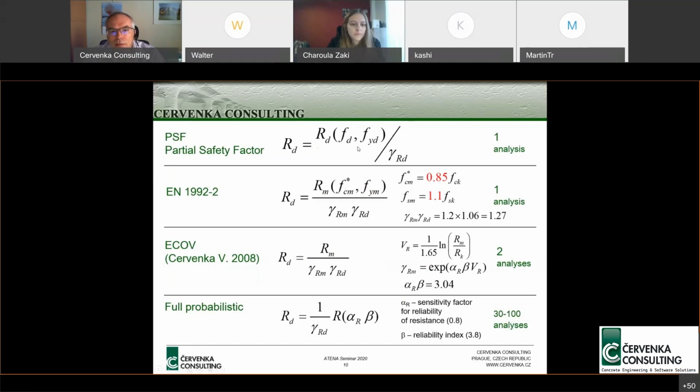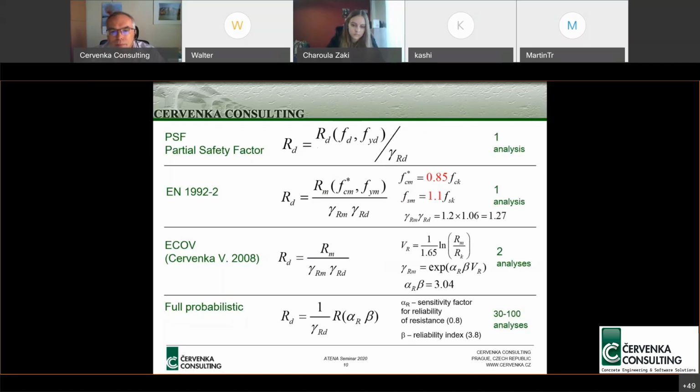But this will provide the design strength only considering the material uncertainty. But we also have to think about the model uncertainty, so we need to introduce another safety factor for that. I will come to the model uncertainty later on. Because, of course, we have to understand that some model uncertainty nowadays is already embedded in the gamma C for concrete, or gamma S for steel, in the safety factors for concrete and for steel. But they are very low, and nonlinear analysis typically requires